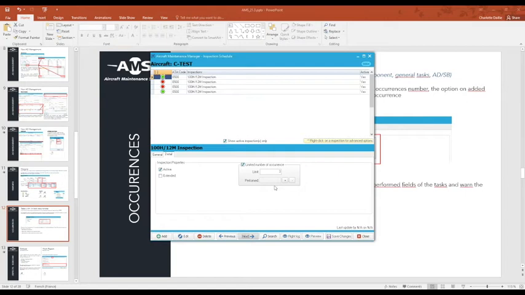And when you have reached the limit that you have entered in here, the system will alert you and propose that you deactivate the inspection, uncheck the limit of occurrences, or change the value, so you will be able to perform it again. The idea was to allow you to limit the number of times you need to do a task, because sometimes it can arise. This feature is available in inspection, in the general task component, and in ADSB.